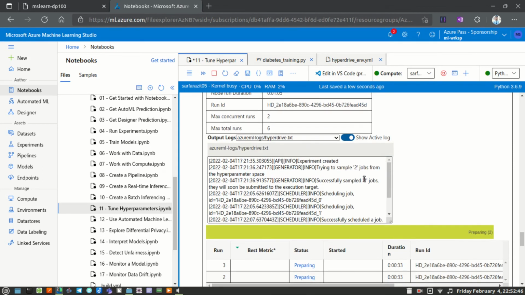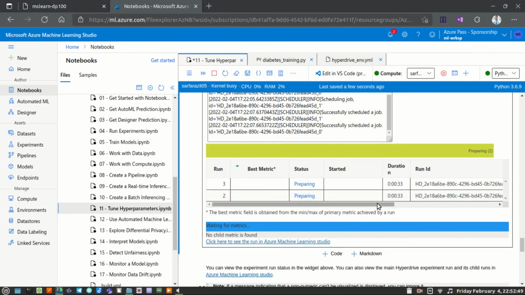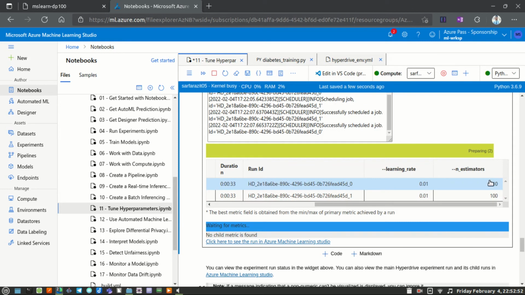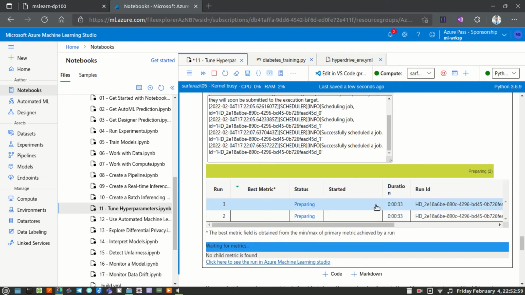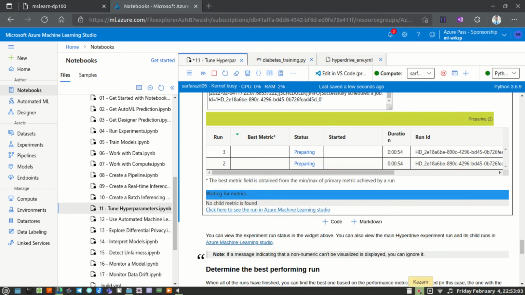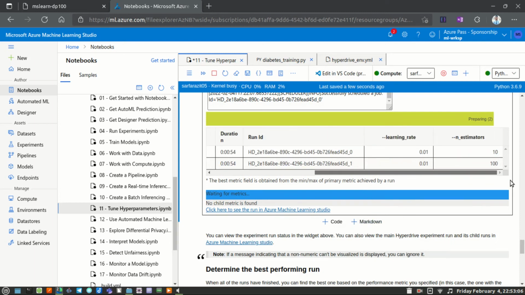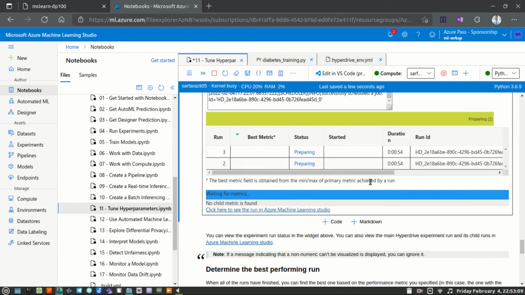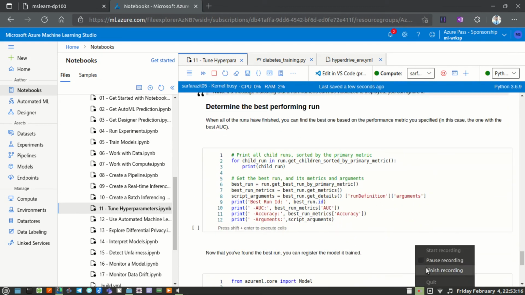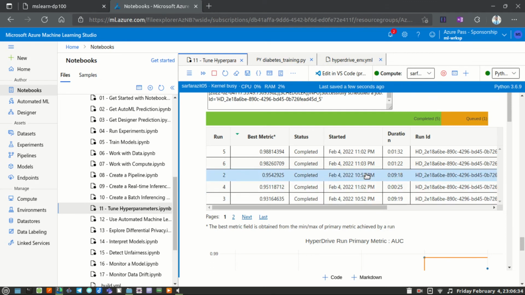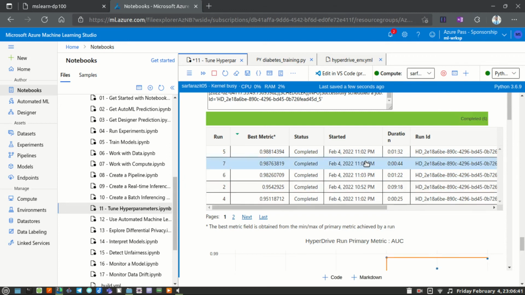And these are our run IDs with the different learning rate values also printed in the form of a table. So let's wait till all these executions complete. Then I'm going to show you the result. Okay, so now we see 5 of the instances have been completed and the 6th one is queued. Okay, 6th one is also complete, and we can check the best metrics from this table